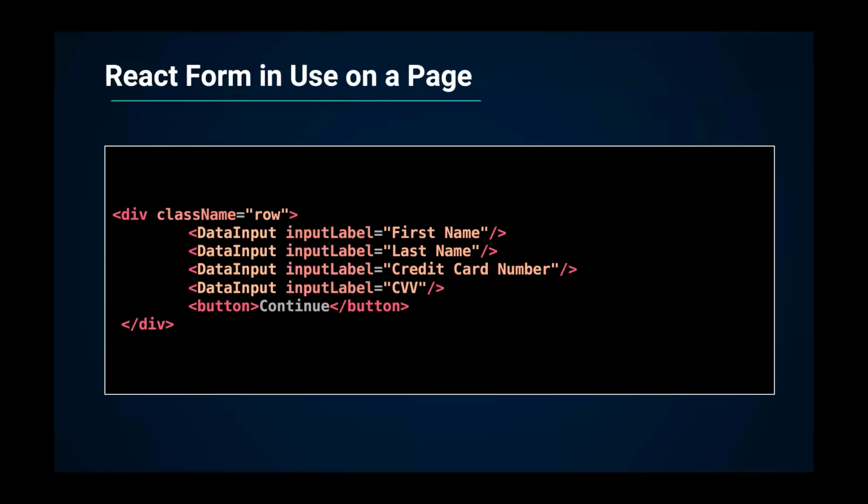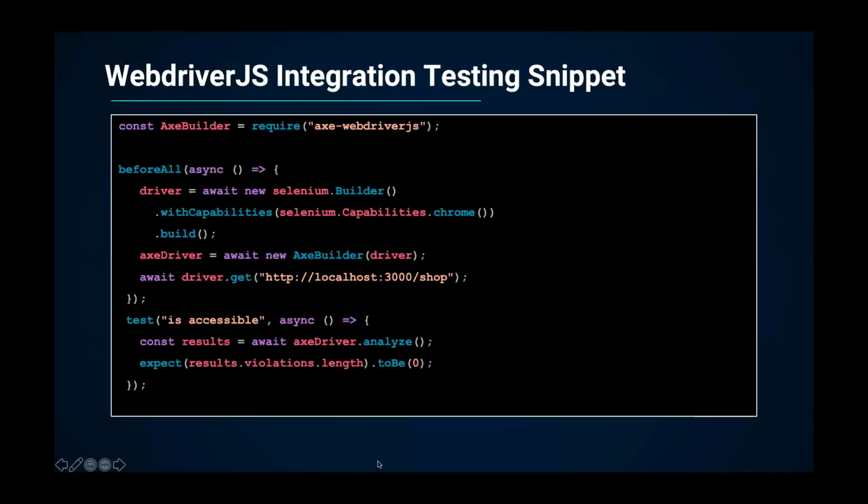So I have a div, and inside that div, I have 4 instances of a tag that's called data input, which is that component, with an input label attribute, which is the label that it gets associated with the actual data input, right? And so now on the actual page that I have, when I go into my test case, which is now using React scripts to build out the whole project for me, and now it's ready to go. I'm using Selenium WebDriver JS.